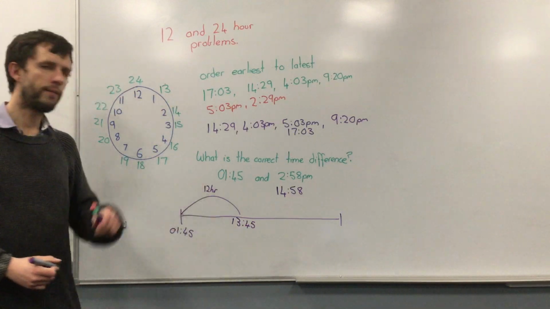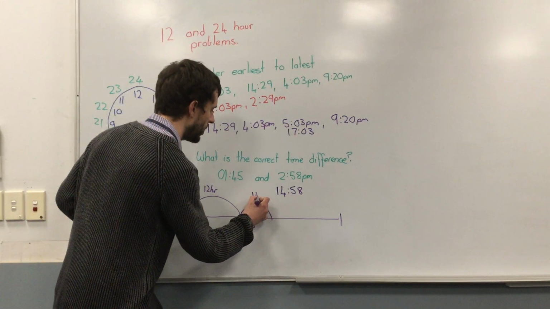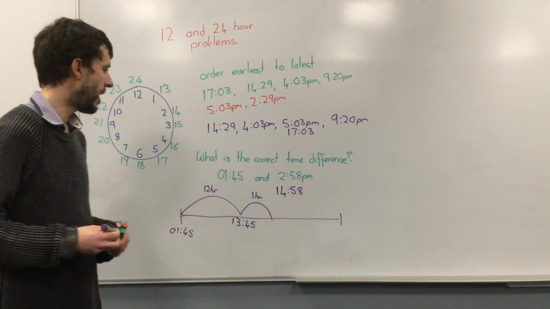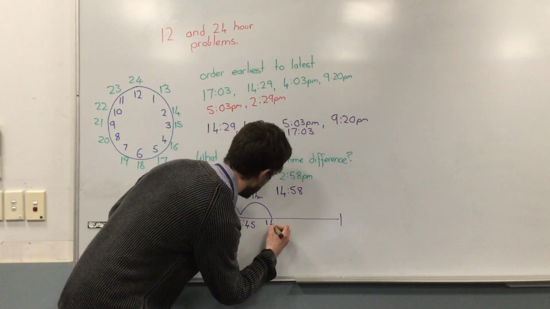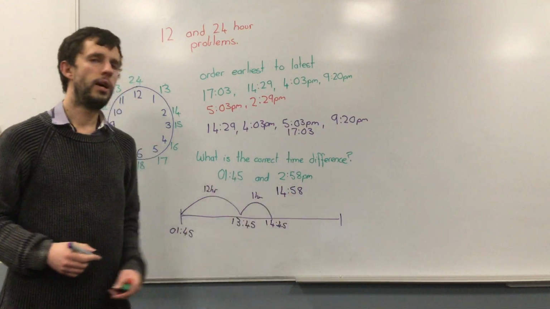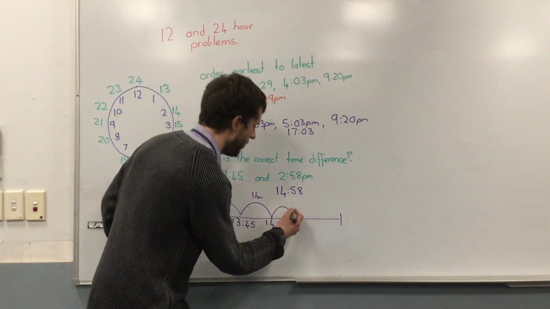So I've got 13:45, I need to add on another hour. So this is where using a number line comes in handy. So I've got 13 hours, and it's 14:45. Now, to get to 14:58, I'm just going to add on 5 minutes